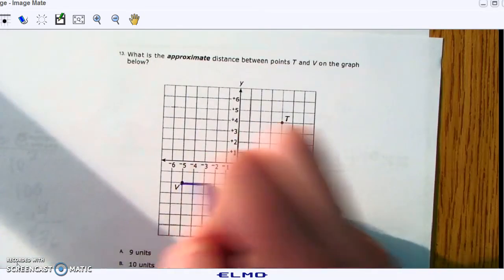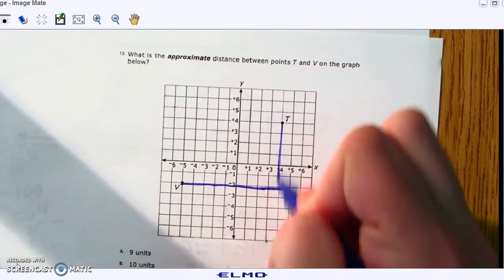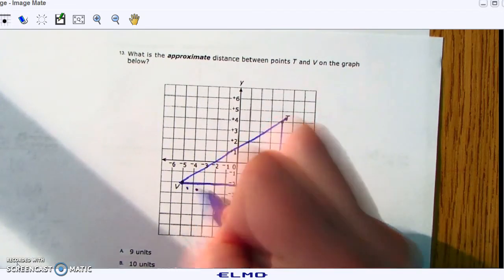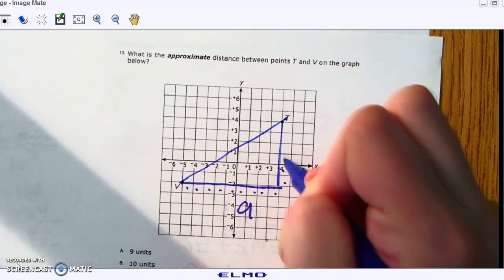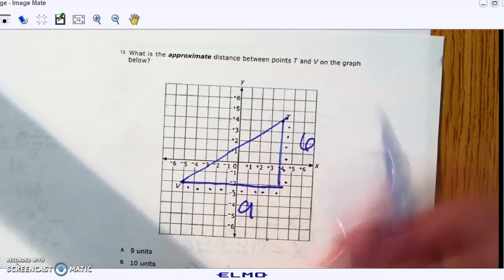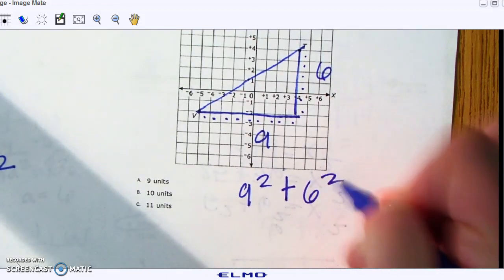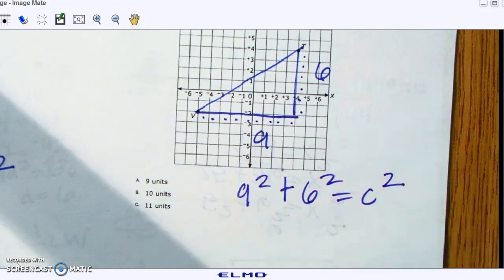Last one again, draw a right triangle. 1, 2, 3, 4, 5, 6, 7, 8, 9. 1, 2, 3, 4, 5, 6. 9 squared plus 6 squared equals c squared. 81 plus 36